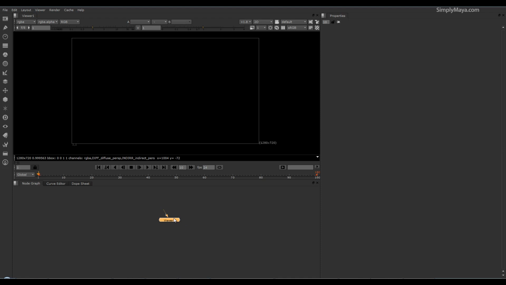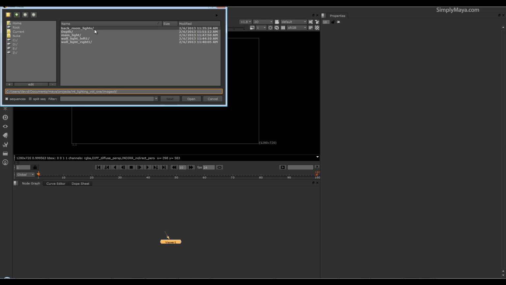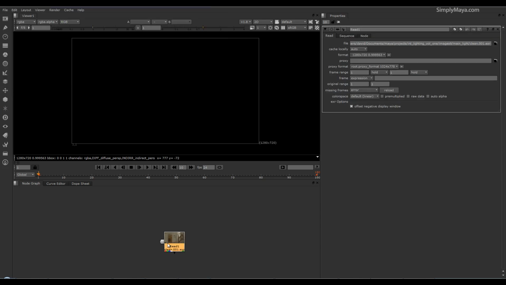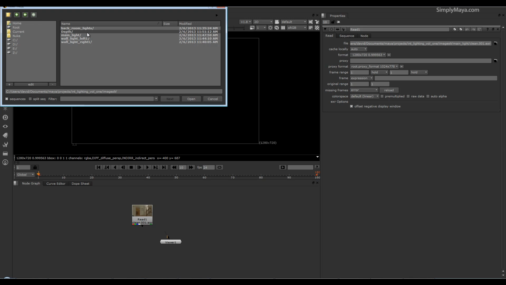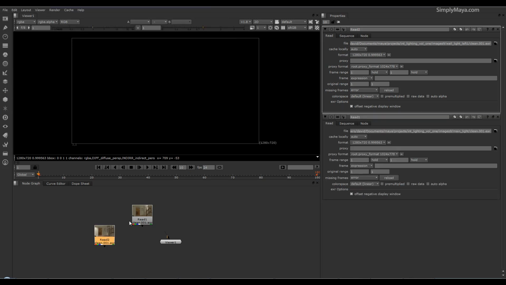Okay, into Nuke, and I just have my basic Nuke standard window open, and I'm going to read in the files. Now this is again why we named them, because we luckily only have 4 render layers that contain lights, but sometimes you can be working with a lot more, so without a decent naming convention you just end up with layer 1, 2, 3, 25. So I'm going to start by bringing in the main light, and you can go up here and hit this, or you can just hit R on the keyboard, whichever you find easier. So, and then I'll go wall light 1,